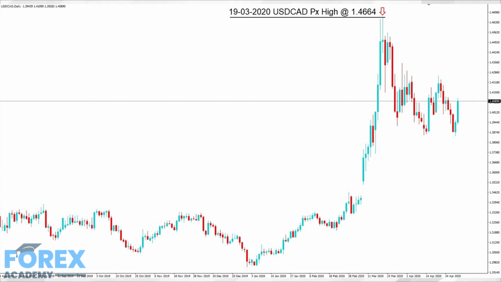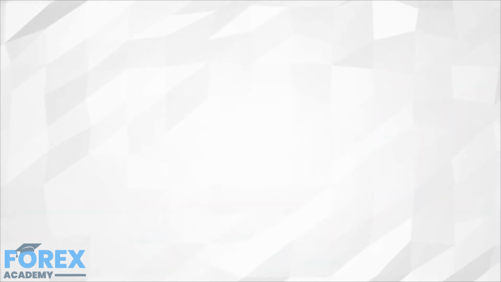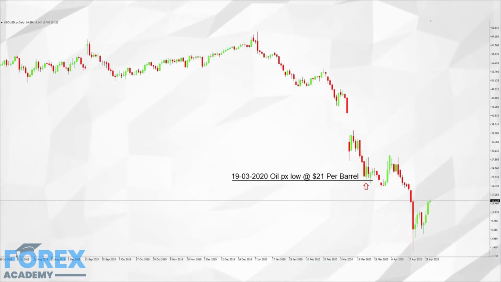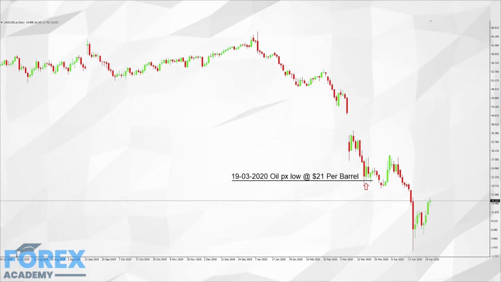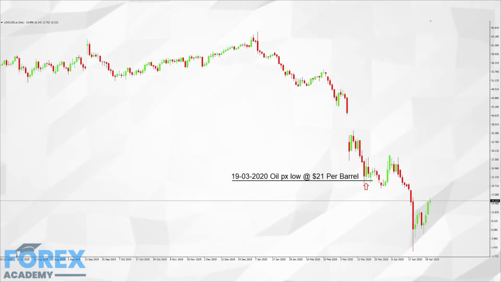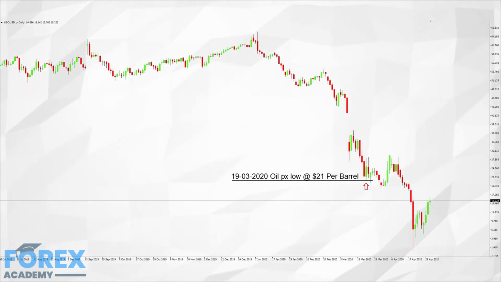There are several reasons for this, including the perceived COVID-19 related hit to the Canadian economy, which affected and devalued the Canadian dollar. If we take a look at this chart of WTI, we can see that the 2019 to 2020 price of a barrel of crude oil ranged from $50 to $66, and has spiked lower to $21 per barrel, and therefore this would have been the main contributor for the Canadian